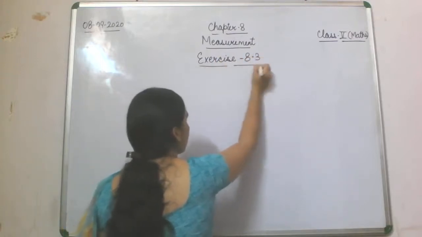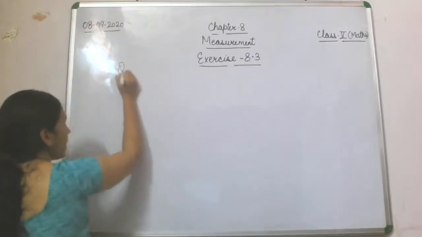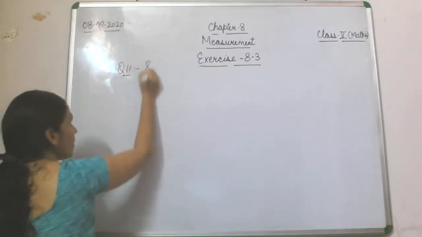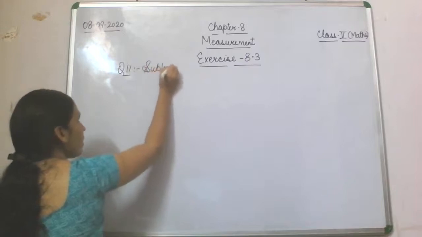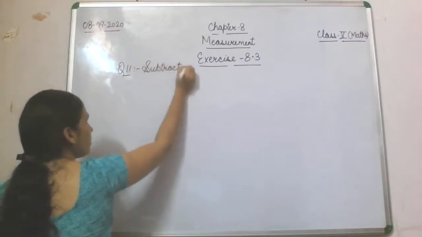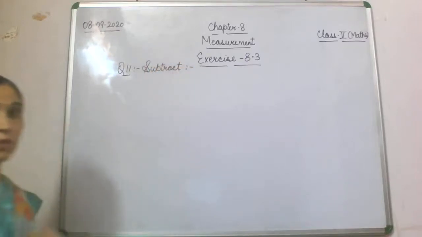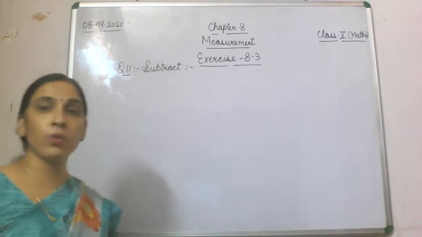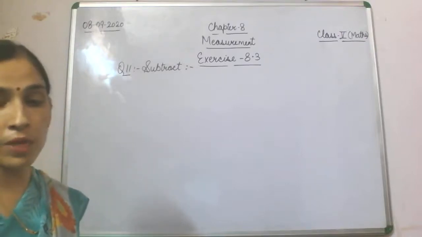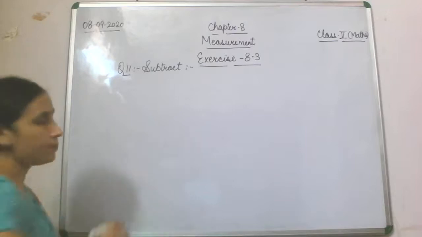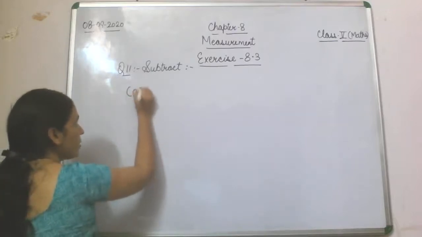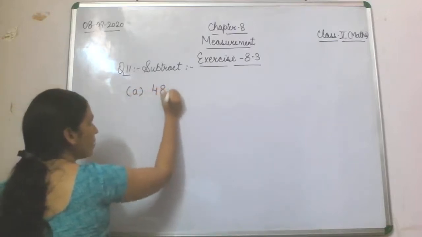Now question number 11. We'll start with that. What is it? Subtract. Here we have two parts of this question. We are going to take them one by one. The first one is 48 meter